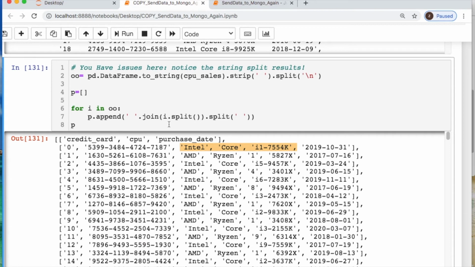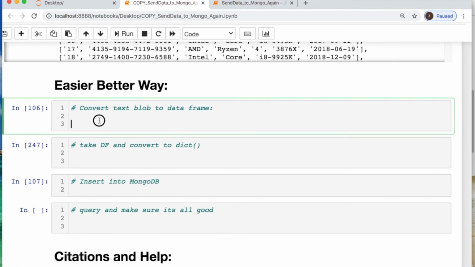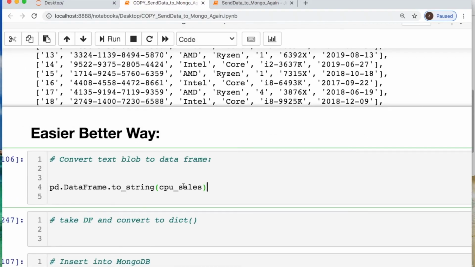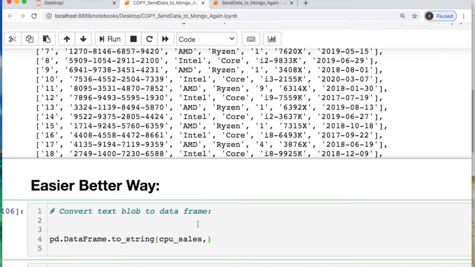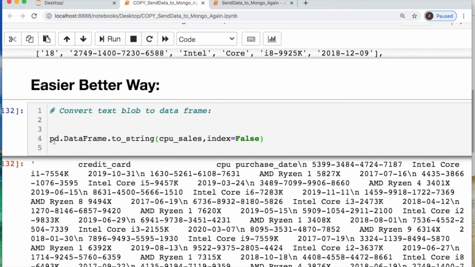You can process this in 2 ways. You can create this data frame, exclude these column names right here, and then take these 3 columns and create 1 column from it, or use regular expressions to deal with this. But there's actually an easier way. Now, let's take this data and let's do something real quick. Let's get rid of this right here. So let's do index equals false. Okay? So you won't see it yet, but let's create this variable name. So we're going to do text, and let's call it